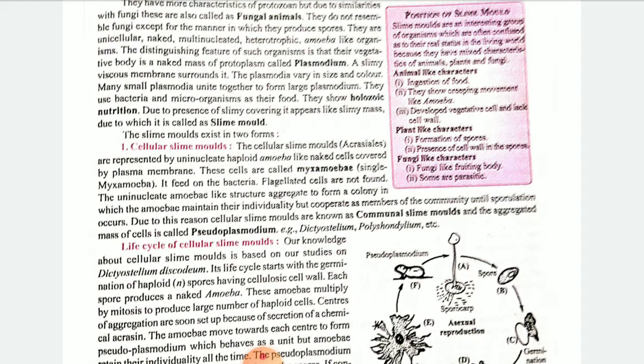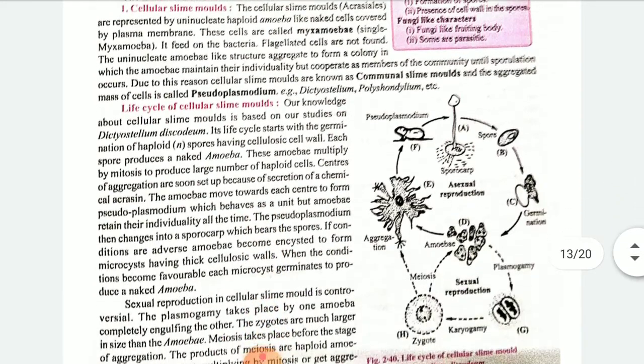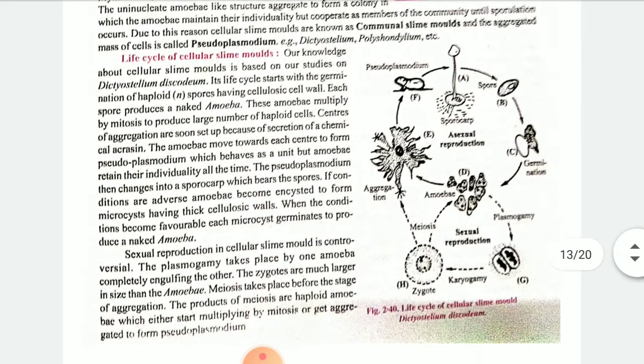Okay, then life cycle, as you can see in the figure, this is a typical life cycle of your slime mold, that is cellular slime mold. Here both the phases will be there, sexual and asexual. During the asexual phase, as you can see from figure A, the sporocarp is there that will germinate and it will show in figure C germination. After germination it will burst and each germinated one will go for aggregation, and again they will form the pseudoplasmodium in the asexual case.